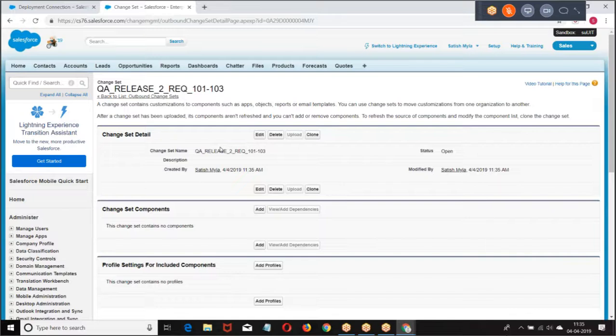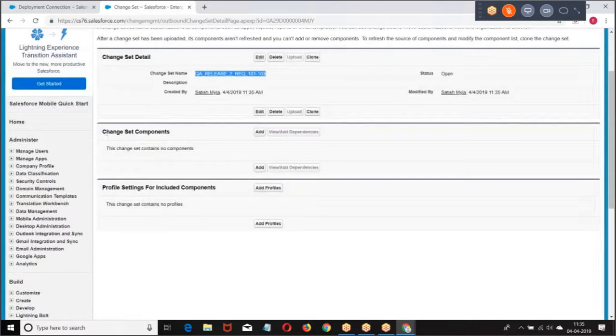I'm going to embed them in this change set and deploy. Whatever requirements are given, I'm implementing and deploying. Give some meaningful name, generally what your company follows. Then whatever you want to deploy, I have to add to the change set components.